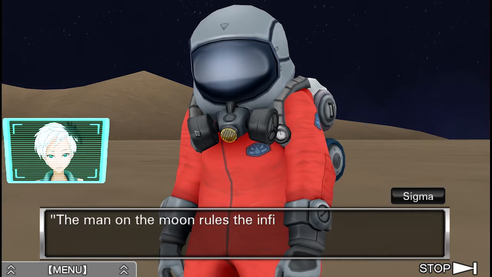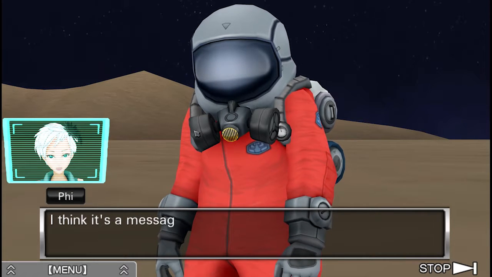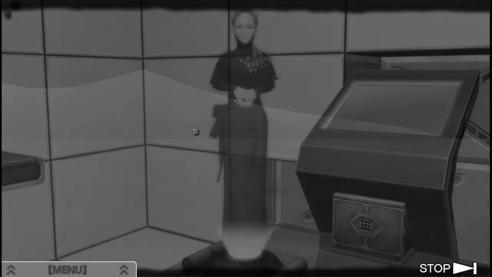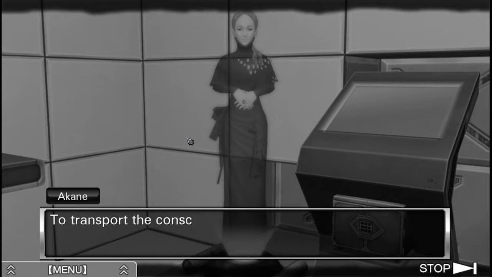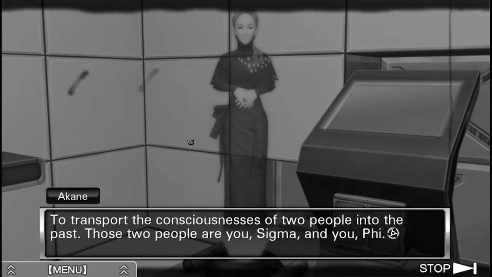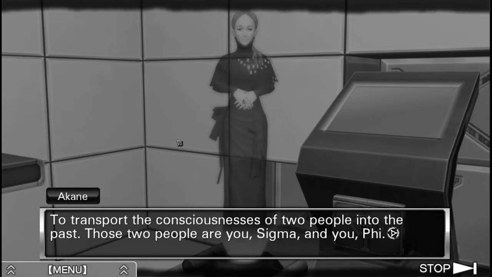The man on the moon rules the infinite time. I think it's a message for us from Zero Senior and Akane. Remember what she was telling us? We created the AB project for one purpose. To transport the consciousnesses of 2 people into the past. Those 2 people are you, Sigma, and you, Phi. Yeah, that's pretty much it, but...